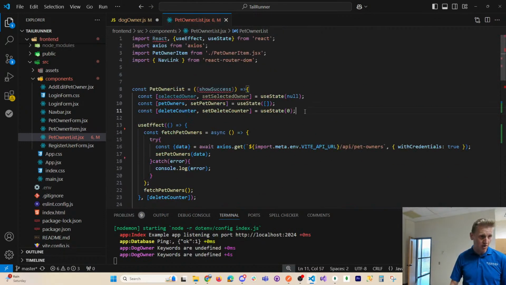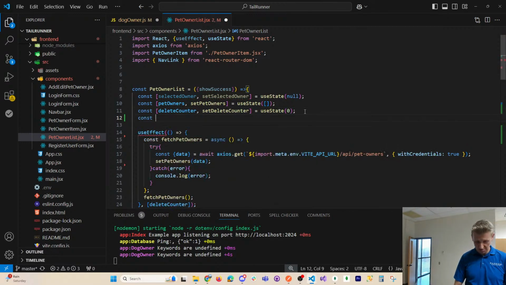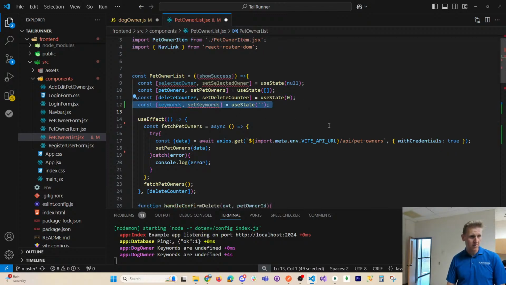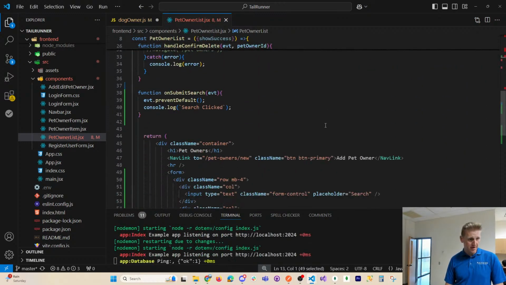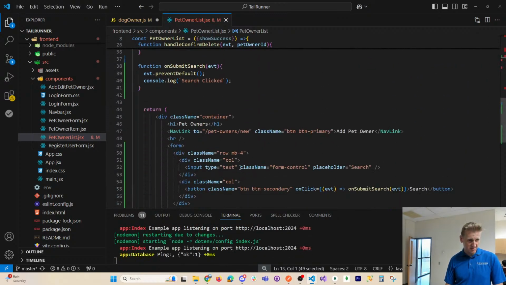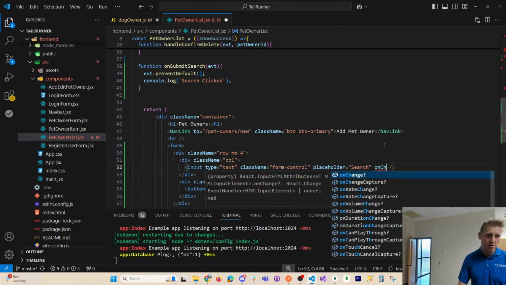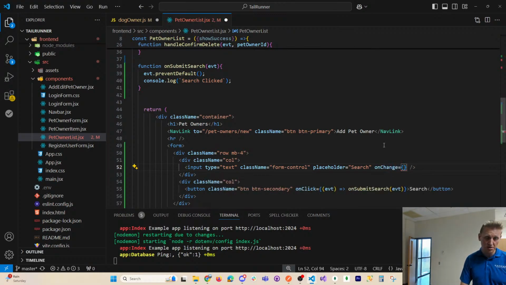So let's get a hook for keywords. Keywords, set keywords. So down here on our text box, on change,